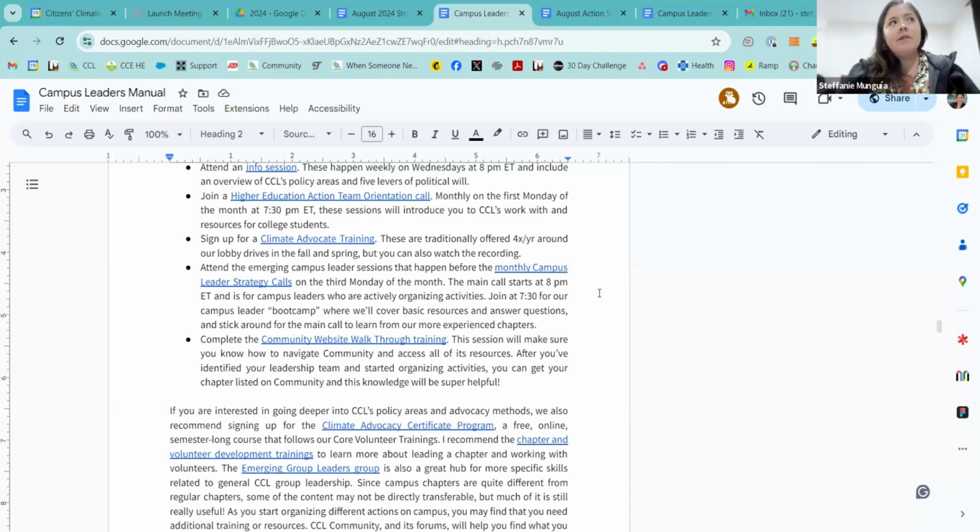Even though it is technically about lobbying, there are a lot of things in there that I feel are very transferable to just generally speaking with people in positions of power and an upper level leadership. So even if you decide that your campus chapter or your campaign on campus is not going to incorporate meeting with a member of Congress at any point, which would be a bummer, but is totally acceptable.